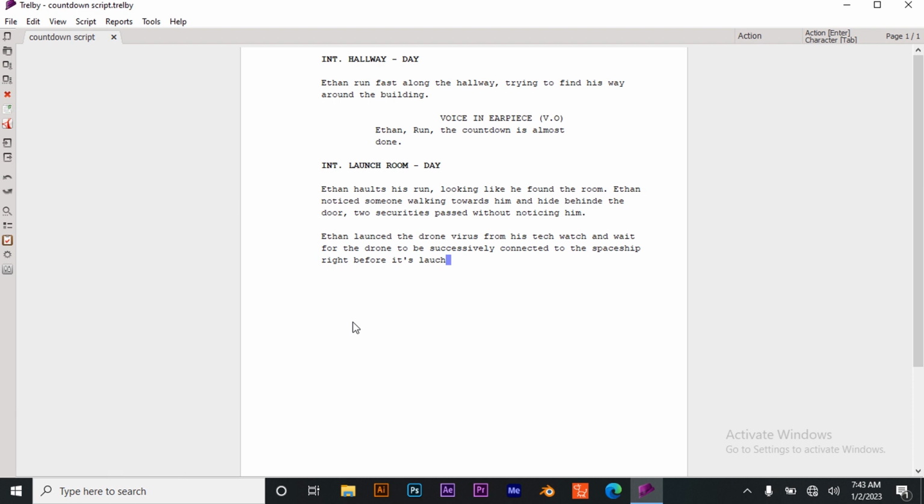So now you can go back and edit your script. Spending time re-editing scripts will definitely make your movie better. So you can just edit some stuff here and